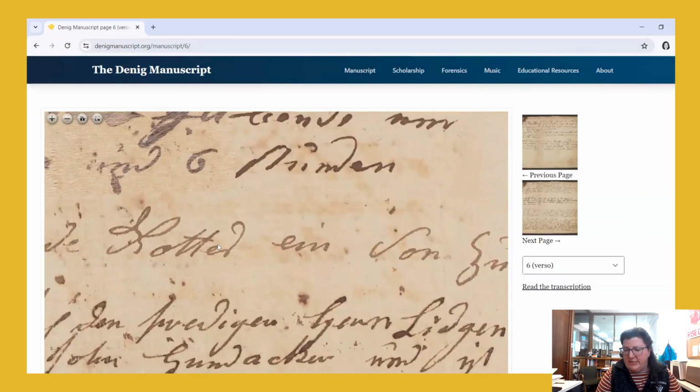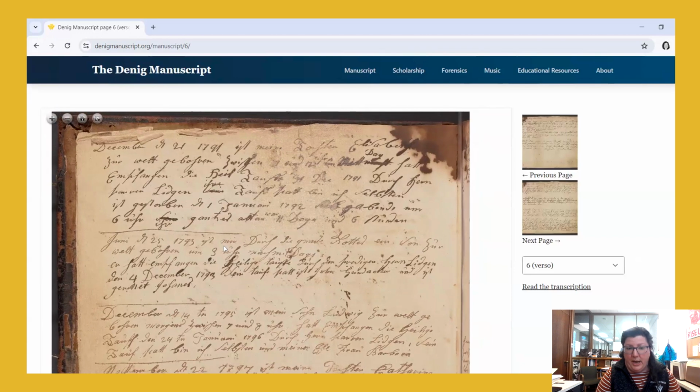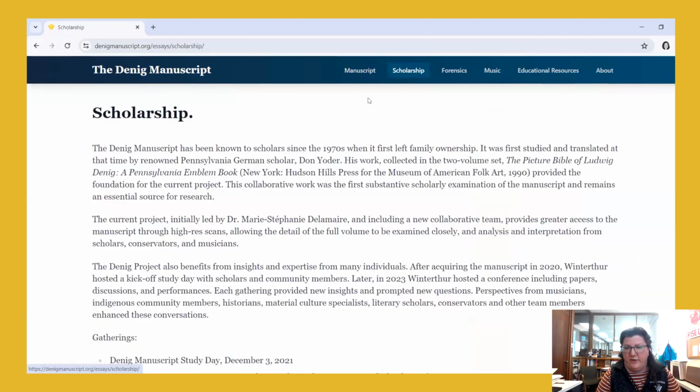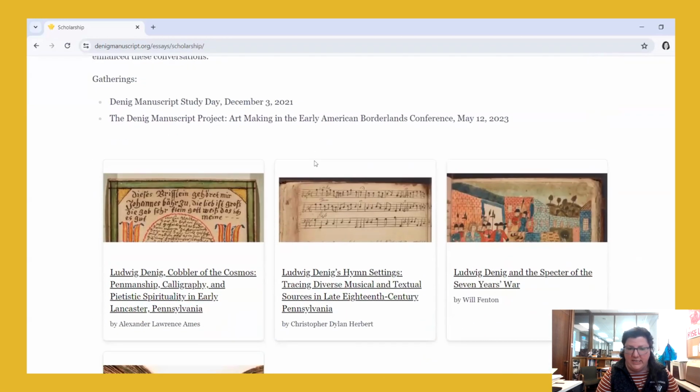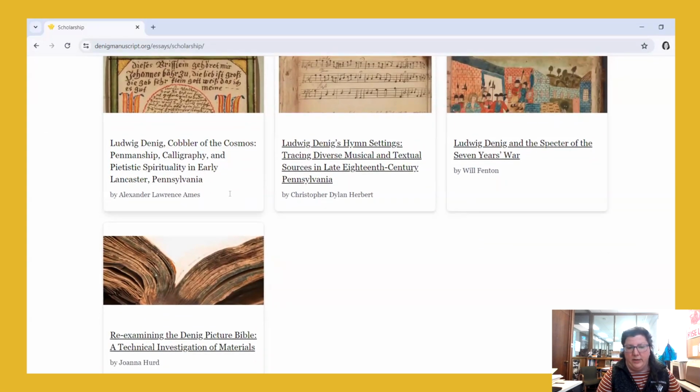So we wanted people to be able to engage very deeply with the manuscript as a manuscript, so as a readable object. We also wanted to provide some context for this work, giving scholars an opportunity to contextualize and provide insight into various aspects of its cultural and social significance. First, a work by Alexander Ames, a scholar of Pennsylvania German studies and director of outreach and engagement at the Rosenbach Museum, thinking about the calligraphic style, the actual writing style that is present, which is unique to the Pennsylvania